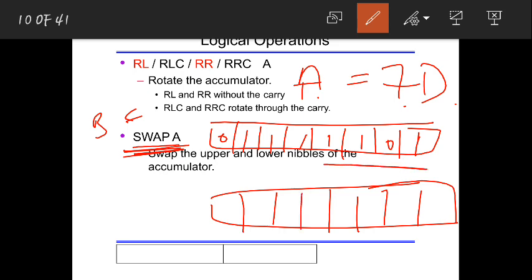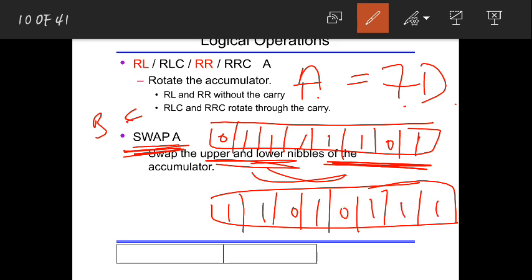see, these are the lower bits D0 to D3. So this complete nibble will come here. Next, the higher bits will come to lower, and lower will come to higher. So here you will have 0, 1, 1, 1. So see here, this is D, this is 7. Now same thing, here you will have 7 and here you have 13, that is D. Okay.